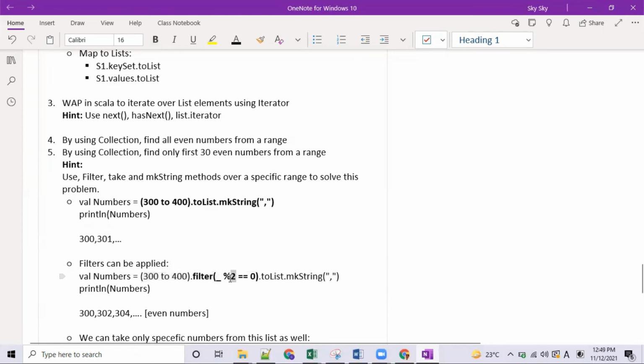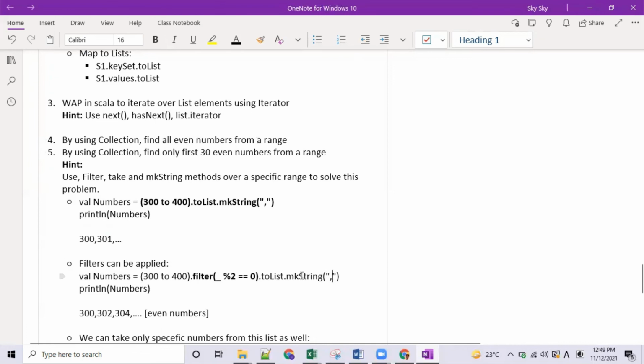Then you take the modulus, and if it is 0, those numbers are added to a list and separated by comma. From the range 300 to 400, it applies this filter and takes 300, 302, 304 till 400, all the even values. So we have achieved finding all even numbers from a range by using the filter, toList, and mkString methods.